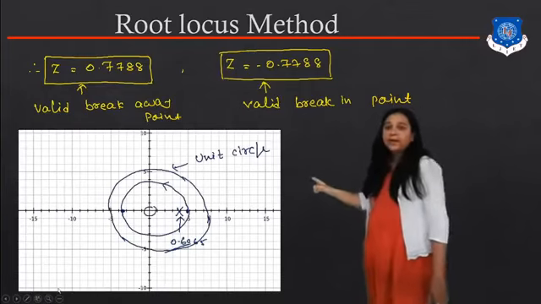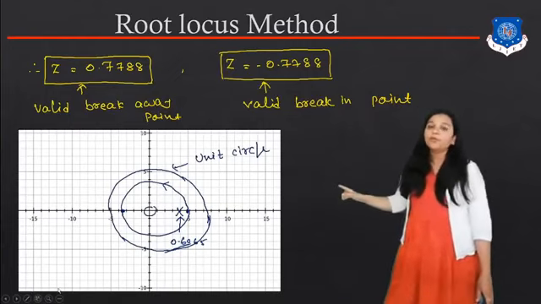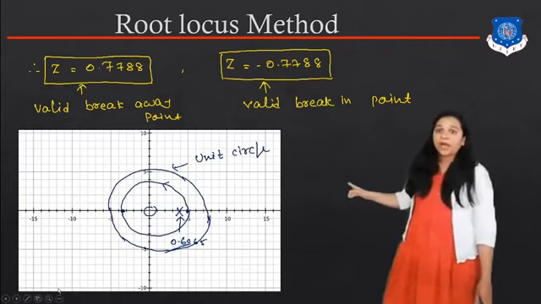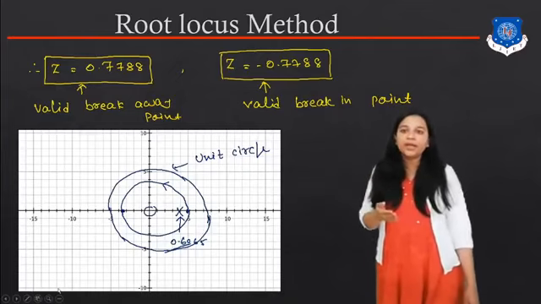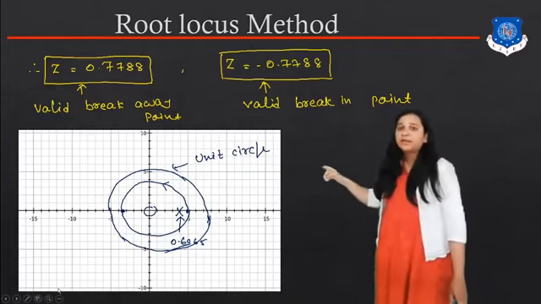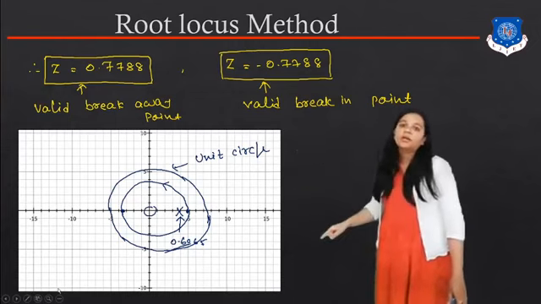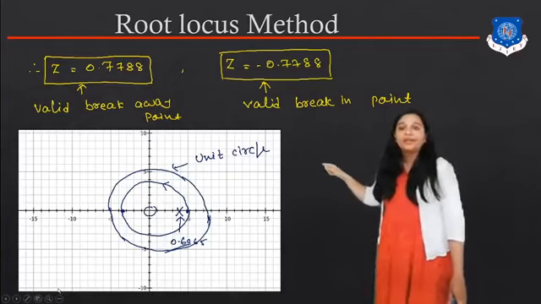Here you can see that this circle is our pole, 0, and we have two poles at z is equal to 1 and z is equal to 0.6065. Now we have to draw the break-in point and breakaway point. Here you can see that 0.7788 is our breakaway point and the circle is completed. The other point is the break-in point, that is minus